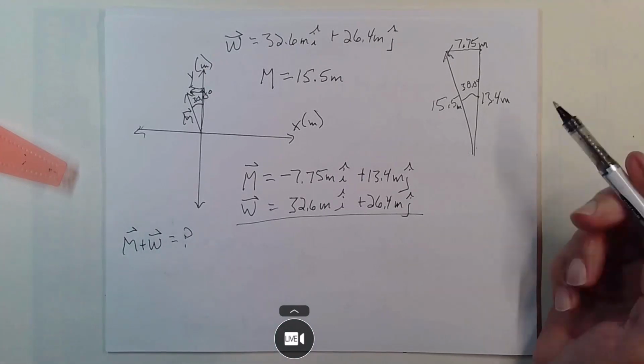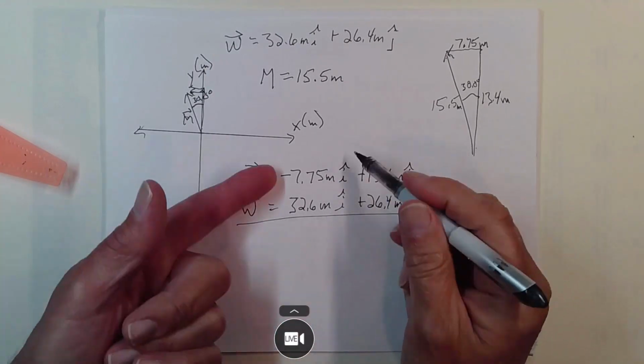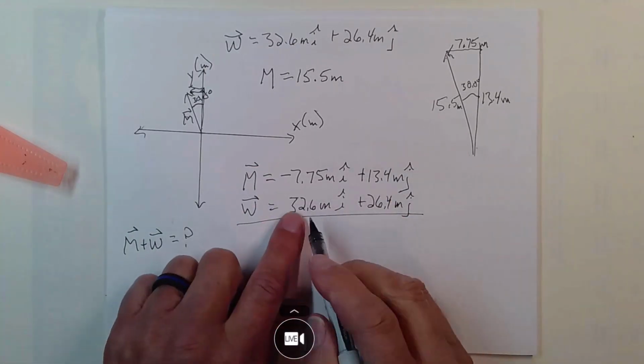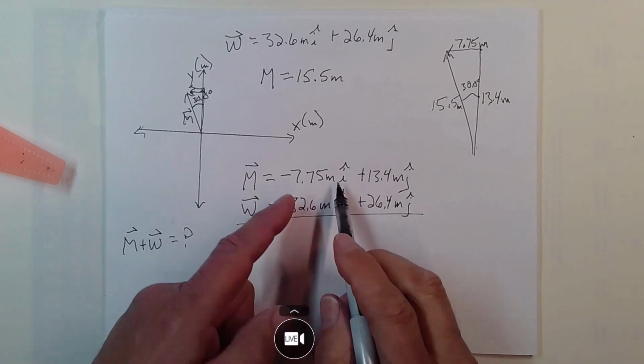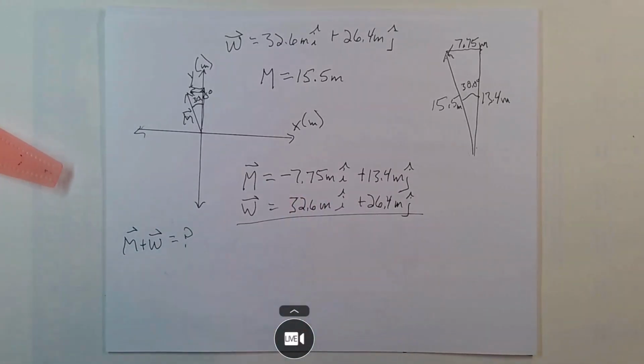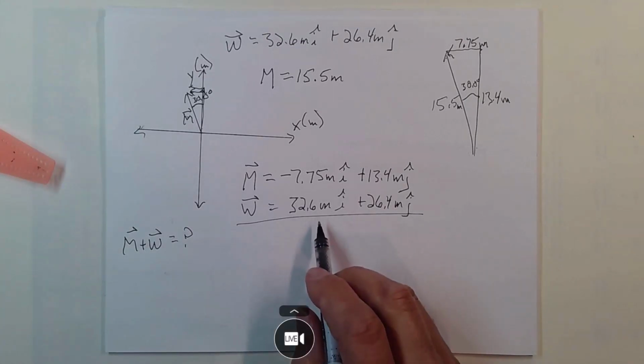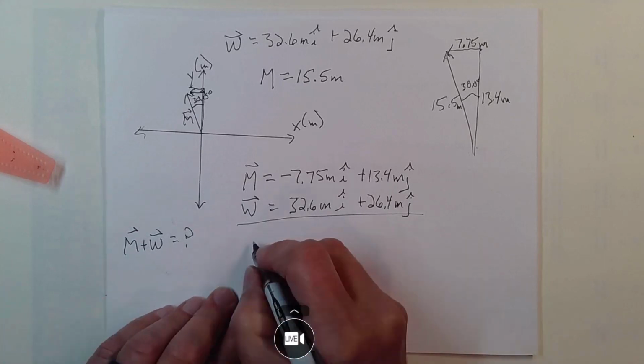And let's see, if I just add these together, I want M plus W. Well, 32.6 plus a minus 7.75 is going to be, I can only keep places out to the tenths place. I get 24.9